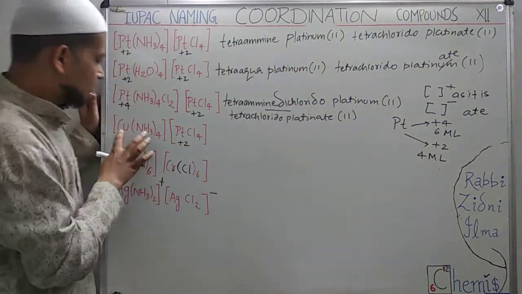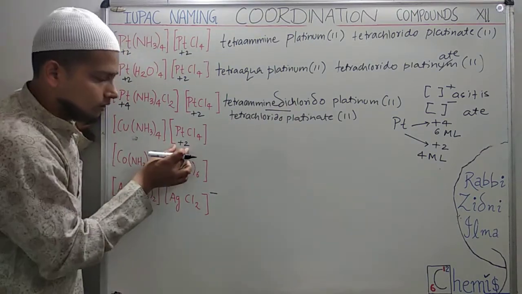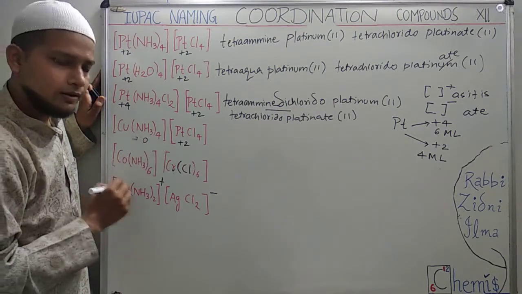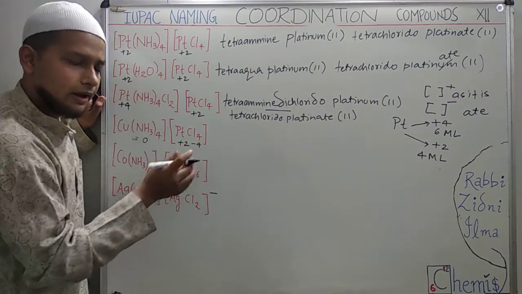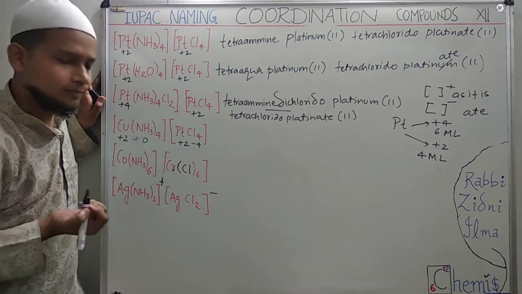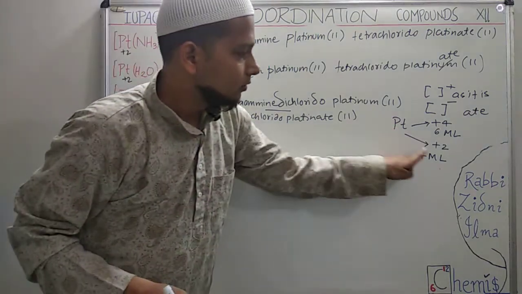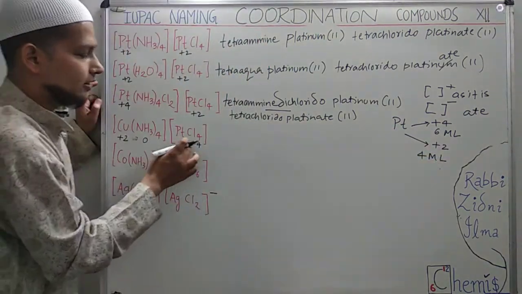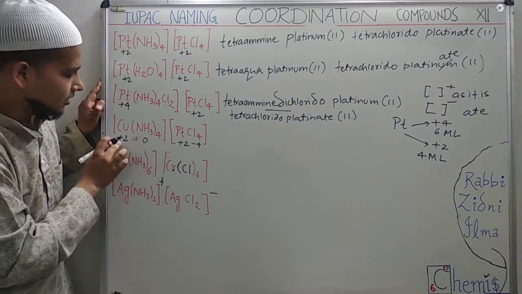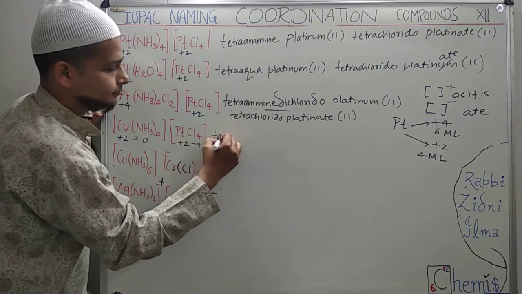Next we have is Cu(NH3)4 PtCl4. If you are looking to find the oxidation state of copper, do the maths. It is 0, it is -4, and it will give us copper +2. Very simple. PtCl4 will give us an idea of what? +2. Chlorine -1, -4. NH3 0, so copper comes out to be +2. Do the maths. Now the naming part is tetraamine.